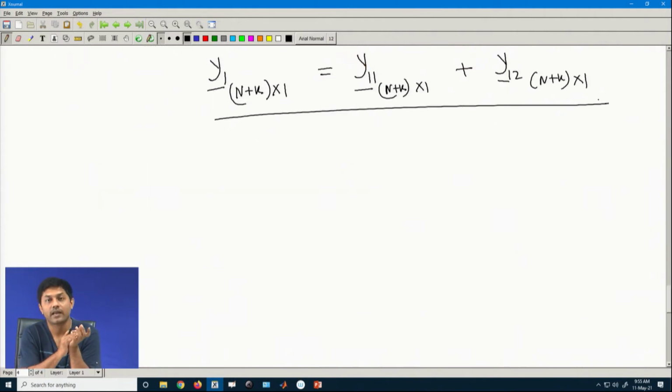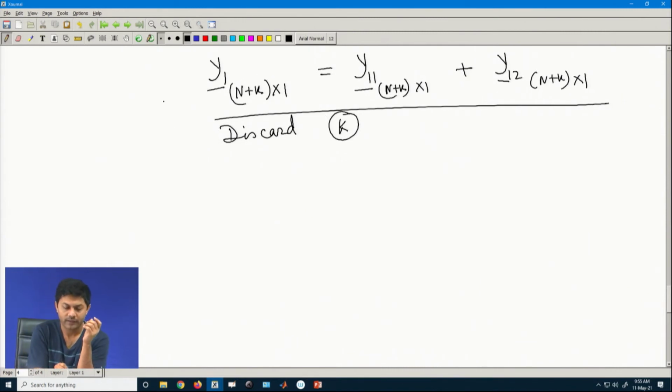Now, you can imagine what can happen. It is just that instead of one OFDM received data, I will have two OFDM received data, that is all, rest is same. Again what you do, you discard the first k, not the last k.